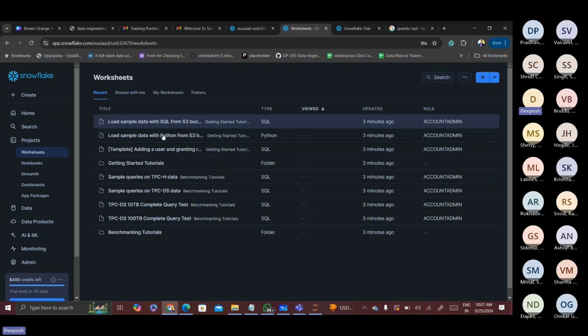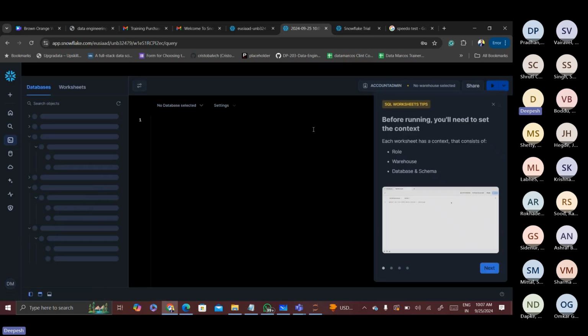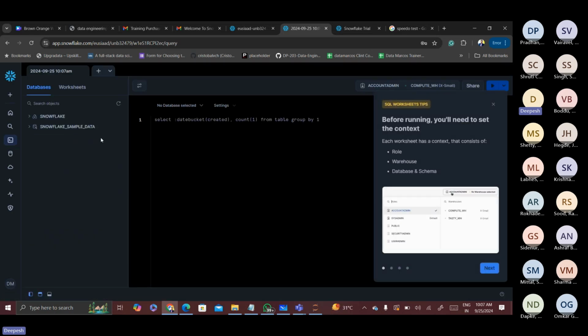So load sample data, some examples are already there, and TPC, some basic examples you will get here. Or either you can create your SQL worksheet. So if I just click on my SQL worksheet here, you can see that it will allow me to start writing from the data sets wherever I wanted to write it up. So here it is going to show me wherever my data sets are. You can start selecting your data sets or whatever your tables are,